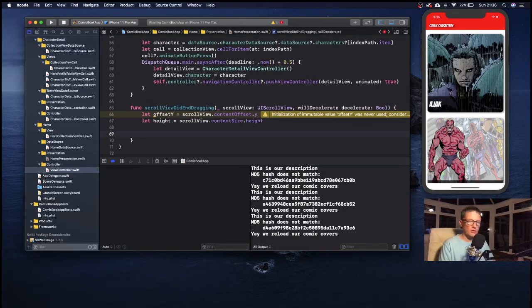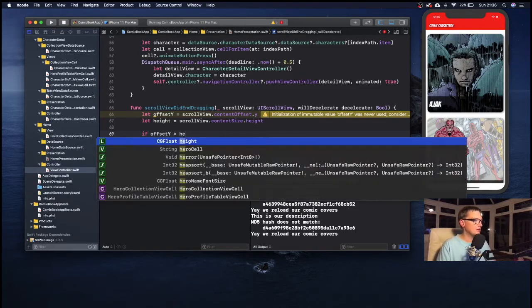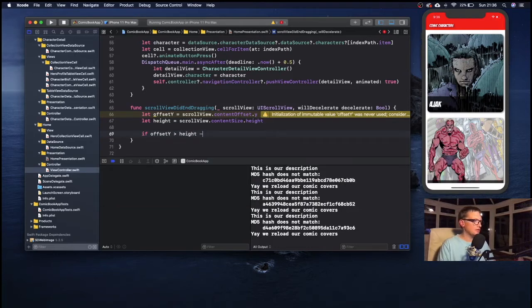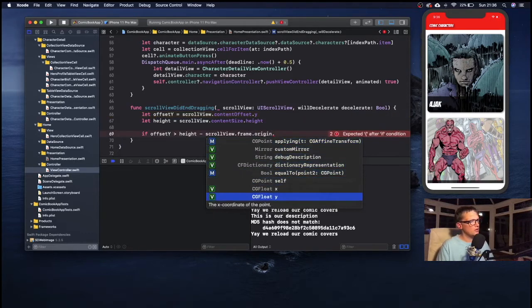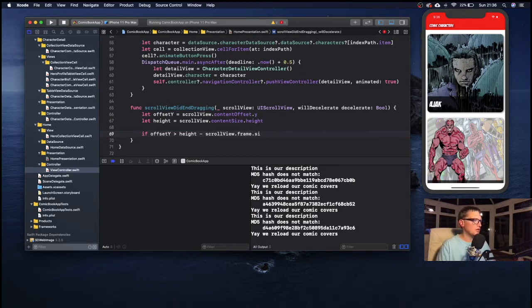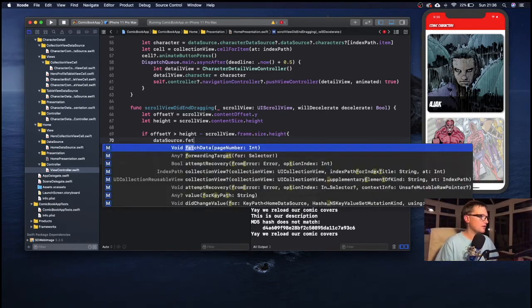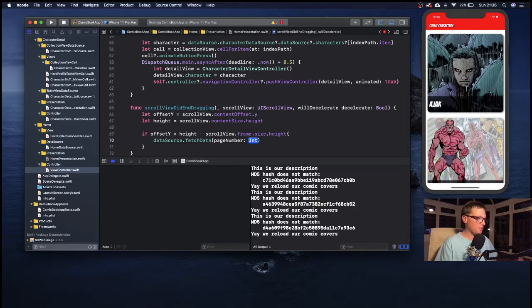That's showing warnings because we're not using them. We need to do an if statement. So we need to say if offsetY is greater than height minus scrollView.frame.origin, is it the origin? Actually, probably size.height. Yeah, it'll be size.height. And then this here is where we want to call our data source fetch data. dataSource.fetchData, and then we want to pass in